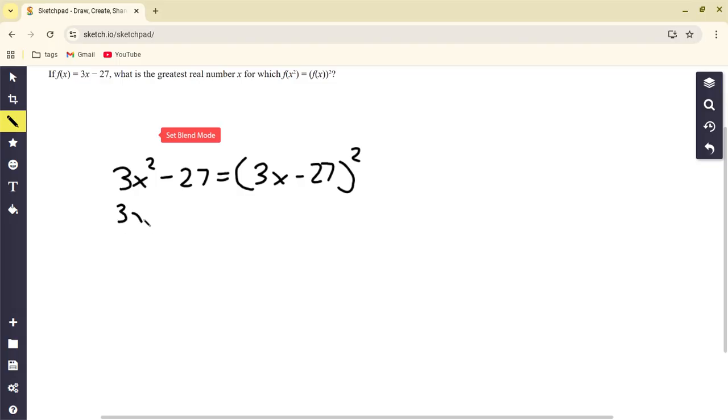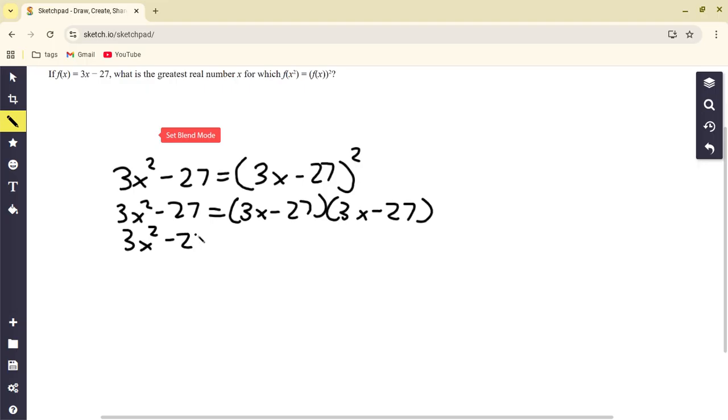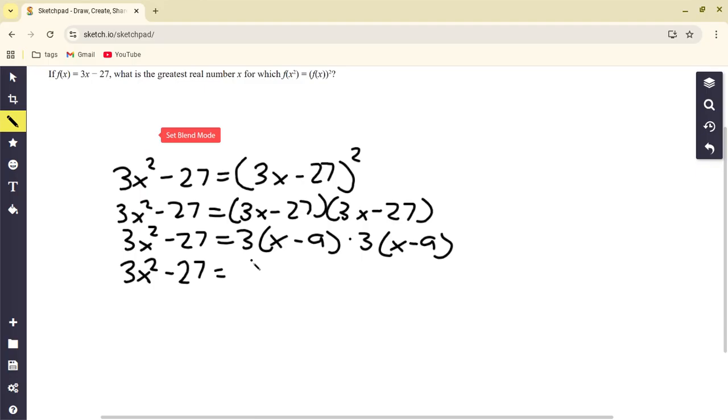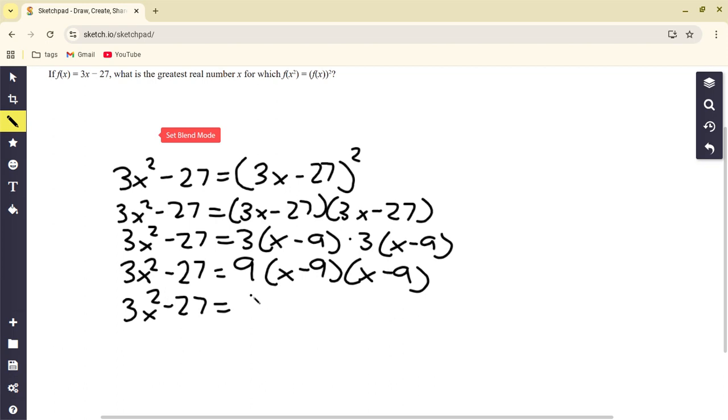So you get that 3x squared minus 27 is equal to 3x minus 27 times 3x minus 27, and then 3x squared minus 27 is equal to 3x minus 9 times 3x minus 9, and that 3x squared minus 27 is equal to 9, x minus 9, x minus 9,